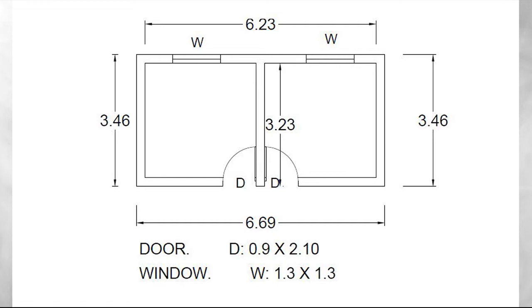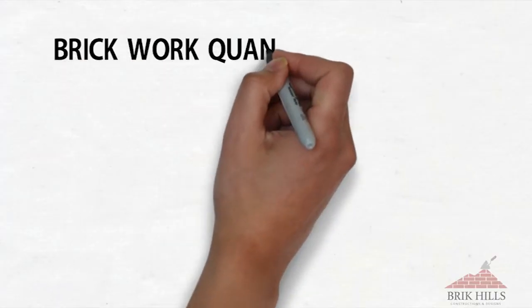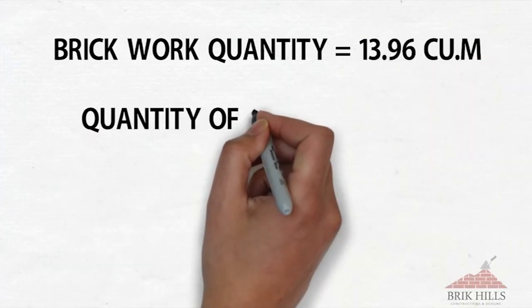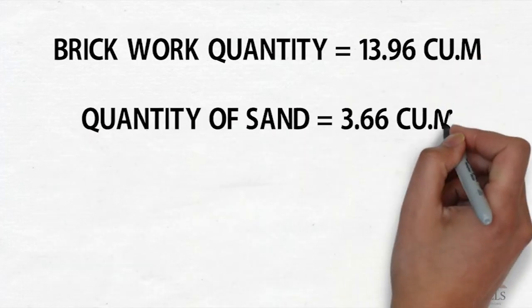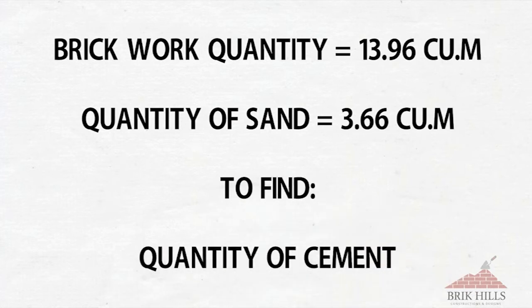This is the plan in which we have already found the total brick work quantity and the quantity of sand in the previous videos. The video link is given in the description, watch it if you haven't seen it yet. Brick work quantity equals 13.96 cubic meter. Quantity of sand equals 3.66 cubic meter. To find the quantity of cement,